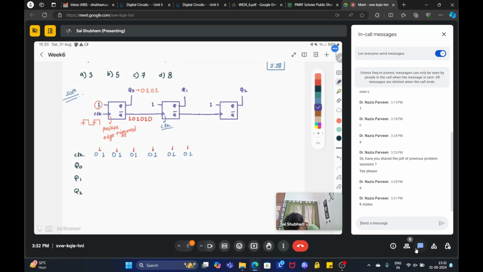So the output will be this: 0, 1. You have a positive edge over here. Next positive edge will be here. So this output will be